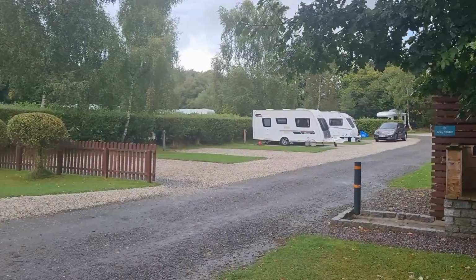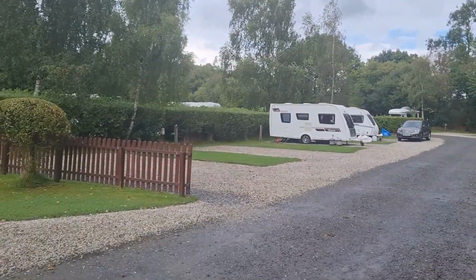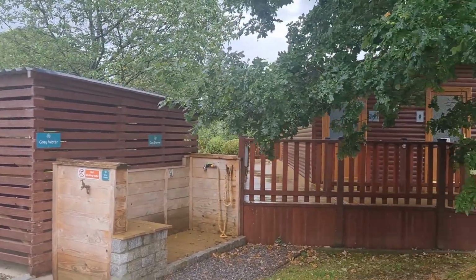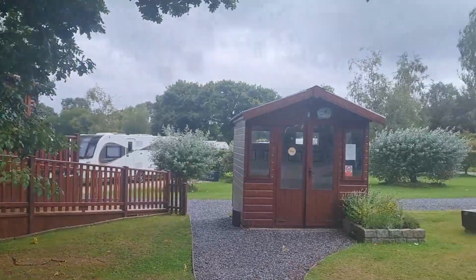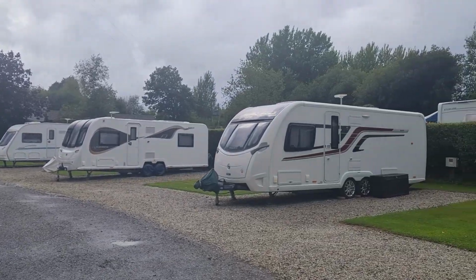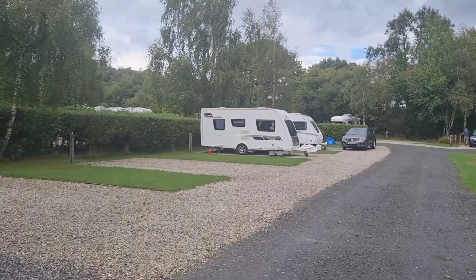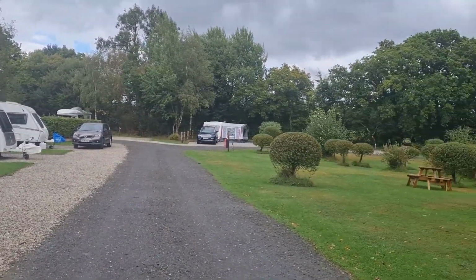Right, I forgot to say, between the ablutions block and the chemical waste point is also the motorhome dump. But for the rest of the site, we have a second sort of water area if anyone just wants to empty grey water, and the dog shower. Like I said, everything is disabled accessible, and it really is beautifully kept. Quite a few vans on here are seasonal, so all the pitches that you see that are general day run-of-the-mill use pitches are all, well, I don't think anyone will have a problem reversing onto this size pitch. Loads of green area,